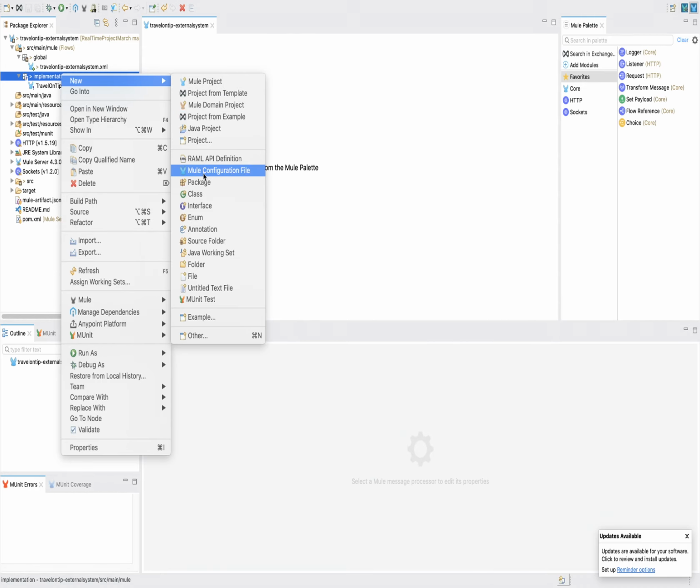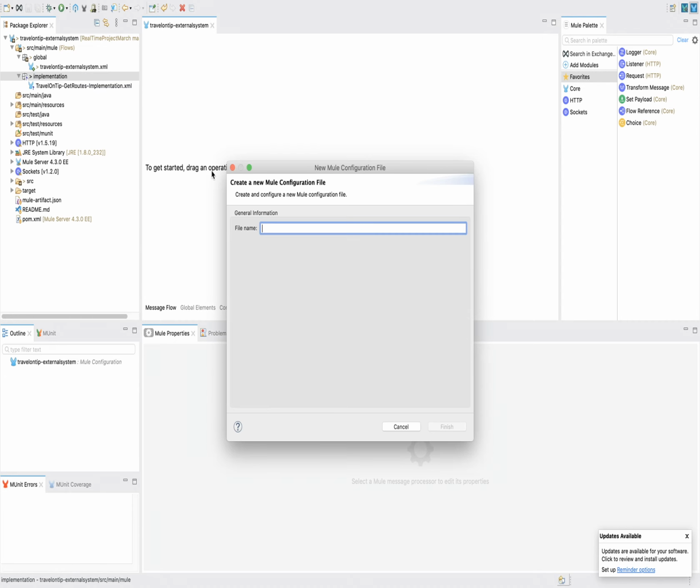This mule configuration file is where we do our development and configure all the mule components. Till this point we were creating one flow in one application, that's why we haven't created multiple mule configuration files. But now we'll do lots of functionality in the same application, so we'll create separate files. So this one will be for